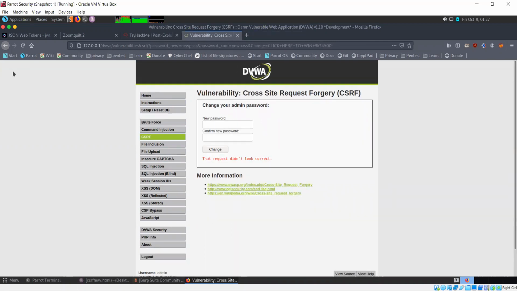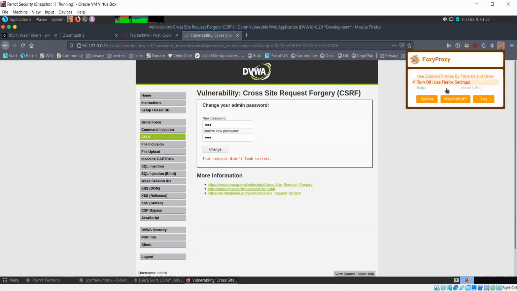Okay, so to compare the requests, you can simply capture them in Burp.